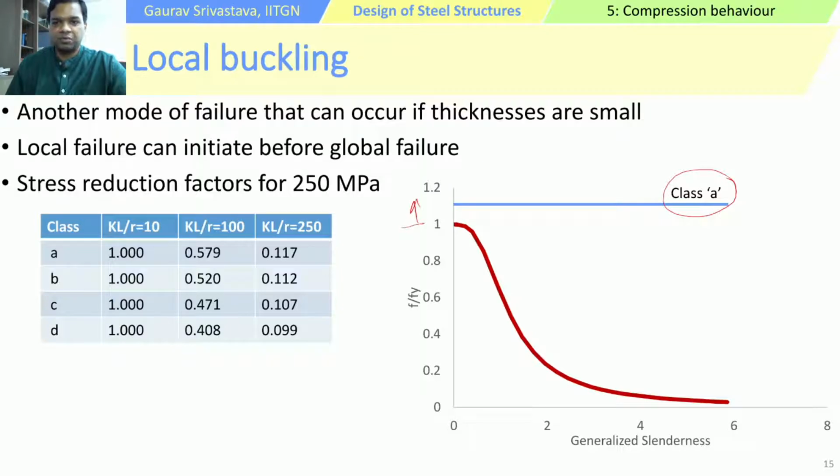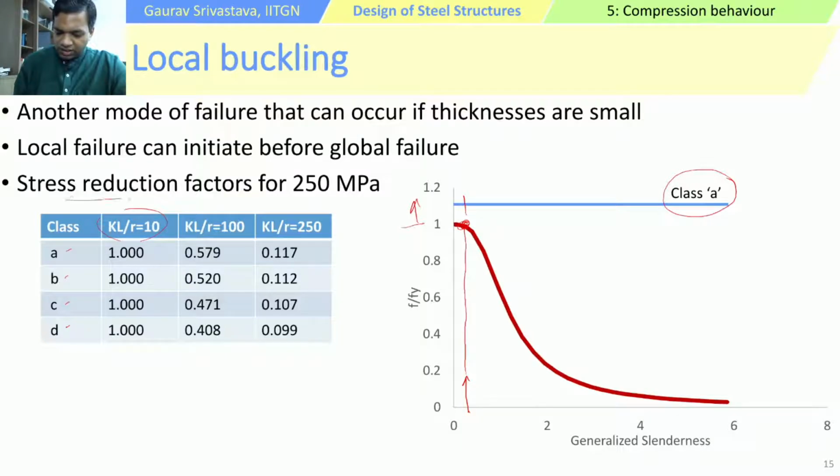Okay, so remember, this is the normalized stress. So in this case, what will happen is that when we start loading it, the load predicted by the column curve will be achieved first, and local buckling may not occur at all. Okay, so for this reason, you see that for all the classes A, B, C, and D, for lower slenderness ratios where yielding governs,